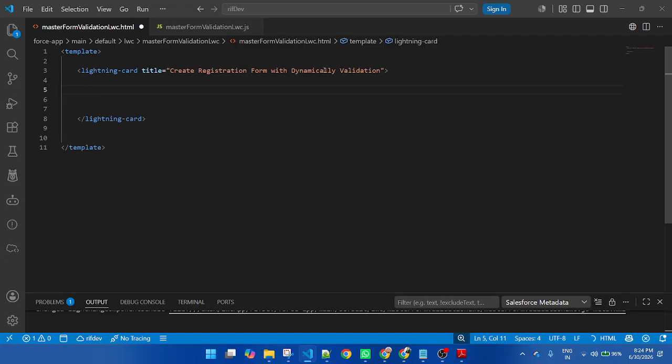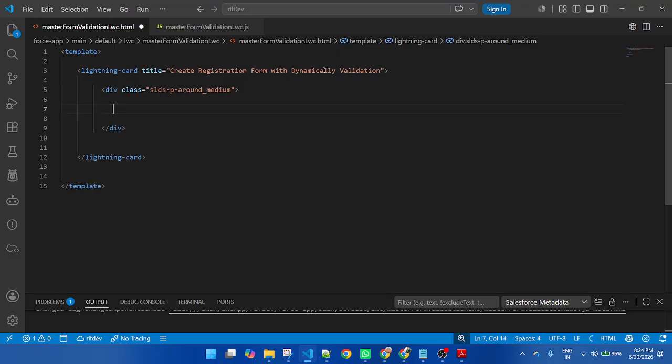Then here I will use a div with class SLDS-p-around_medium. If you apply SLDS, that means Salesforce Lightning Design System. SLDS-p-around_medium will give space around the container.